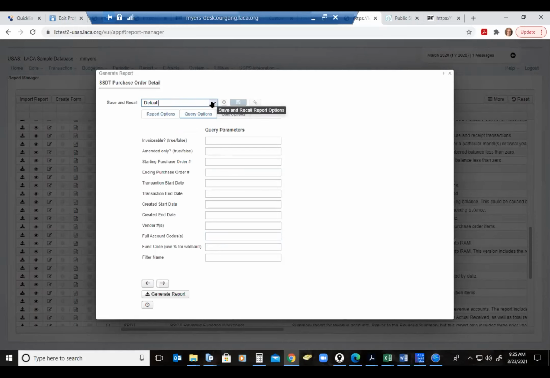You can run it as most recent, which is what it was the last time that you ran the report, or you can set parameters and then save those parameters and then recall them. To set a new set of parameters, I'm going to say I want to do this just for the student activities, then click on the drop down and select the blank header and